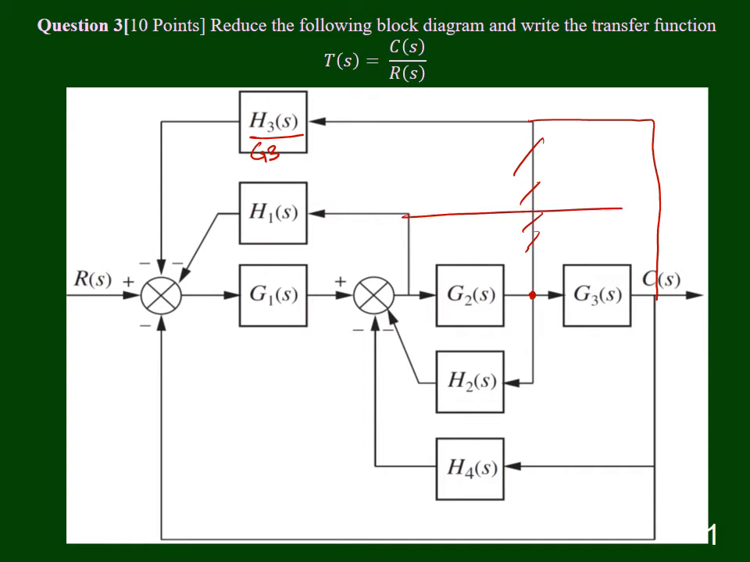Similarly, we can move this over here and we cut it from here, and it will become upon G2 and G3. Here if I move it from here to here, I will have to cut this upon G3,